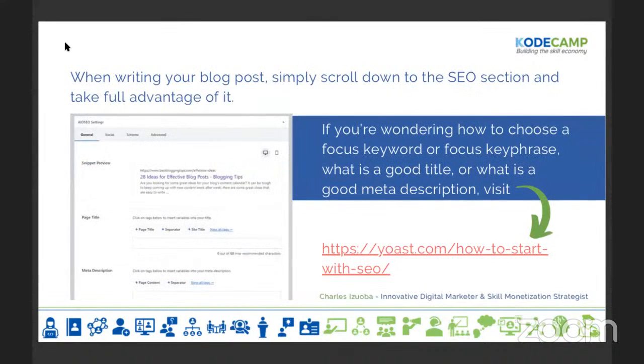So if you would want to know more, I know you must have been wondering what is keywords, what is key phrase, and a good number of that. Just see the link on the screen, all right? You can see the link on the screen. It's going to help you. So it is